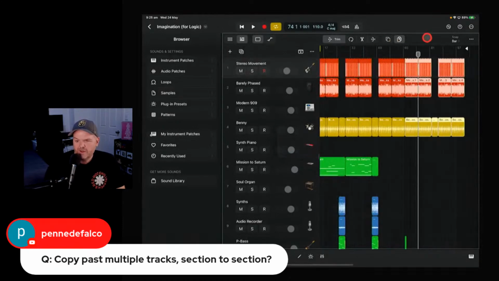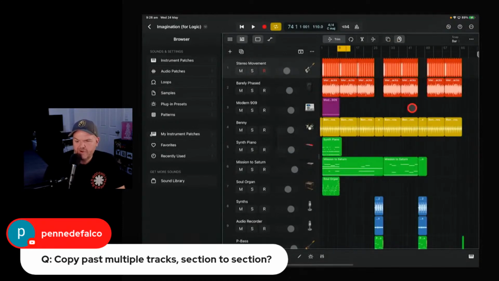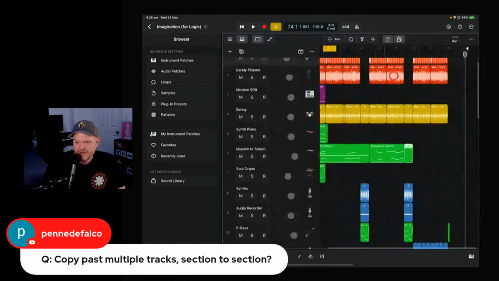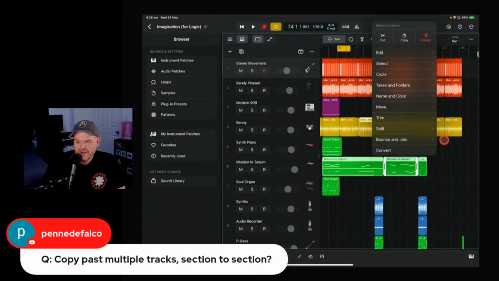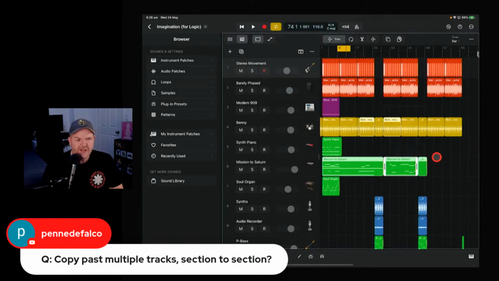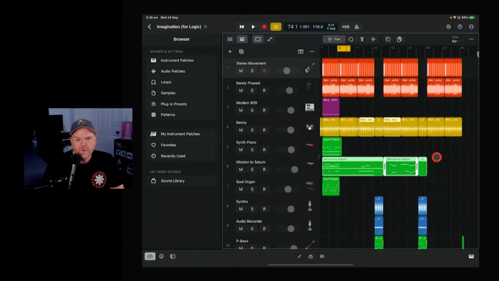So you can multi-select a couple of ways. The other way to multi-select, if you don't want to do the whole move around, so you've got things in different locations, you can tap the multi-select button, and this allows you to tap different regions from different tracks. And then if you wanted to, for whatever reason, copy and move all those, oh, no, it doesn't let you do that. Okay, because it says that makes no sense. But you could just copy them. So you could select multiple regions and just copy them. Once you've got them all selected, then you can copy them, and then you can paste them somewhere else. So plenty of ways to multi-select in Logic Pro.